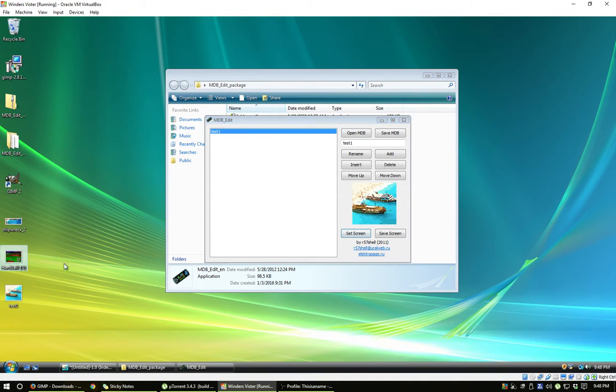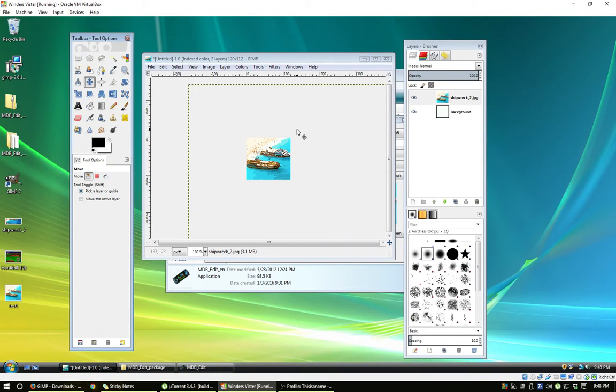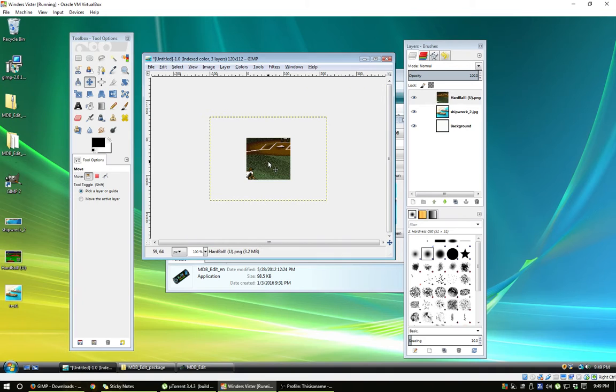We're going to use my hardball one that I've been using for the demonstration of these tutorials I've been coming out with. And might as well just keep that open. Why bother having a new one? I'm going to drag that over there, and see the image is fixed on the shipwrecked color palette. So what we're going to need to do is